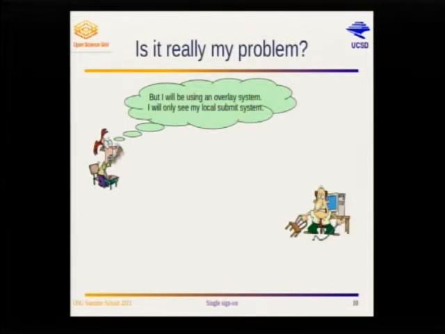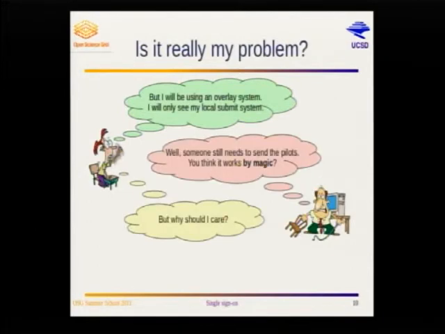So if you use an overlay system, it's not a problem of yours. You just submit to a local system, and everything just works, like it did today. When you submitted to the glideins, you didn't have to do anything. It just worked. You went to UNL, you went to Chicago, you went to UCSD. Nobody asked you for anything. It just worked. But, of course, somebody still has to send the glideins, so it doesn't work by magic. So I will explain to you why it is a problem and why this is needed. And does anybody second this one?